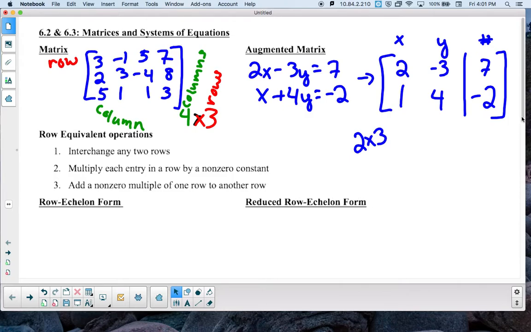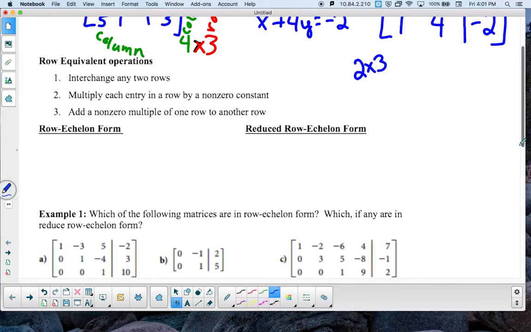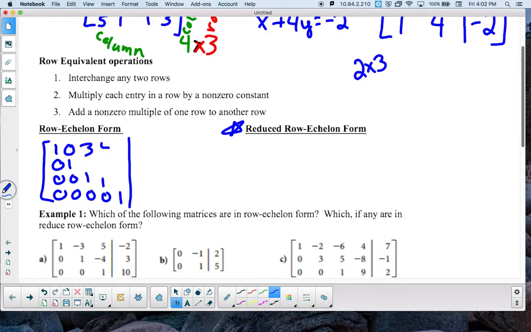Now, the main goal in working with matrices is to get it to reduced row echelon form. Row echelon form means that we have a matrix with 1s along our diagonal and 0s below it, but then we could have numbers up here, so we could have like 0, 3, 4, 6, 1, 0, 5, 3, 4, -2, 7, 4, -3, 5. So with row echelon form, we want 1s on the diagonal